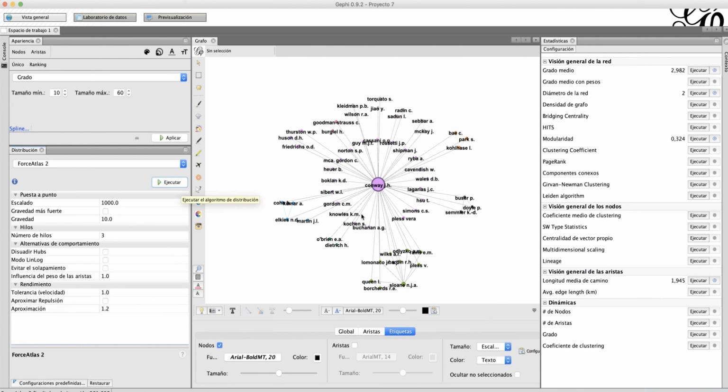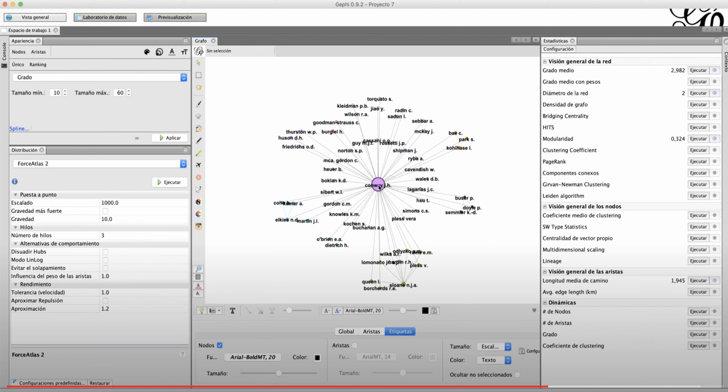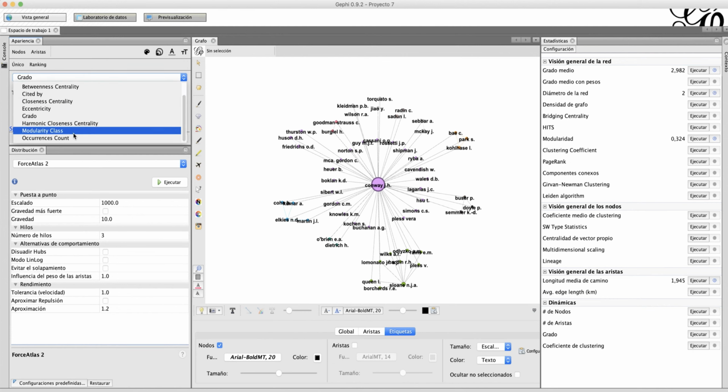So we stop. And now if we want, we can try to move the nodes a little in order to have a better representation of all the results that we have here of this network, right? Of course, if we are marking Conway, they will appear, all of them. We can also do a ranking using other measures such as the number of citations, and here if we apply it, we see that there is a